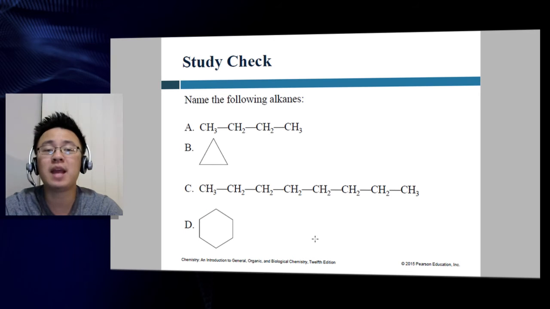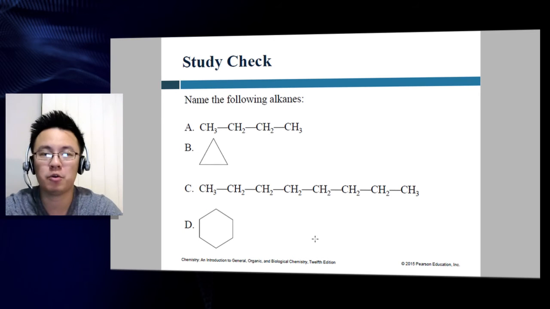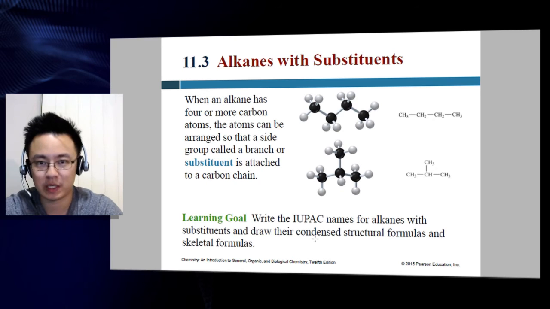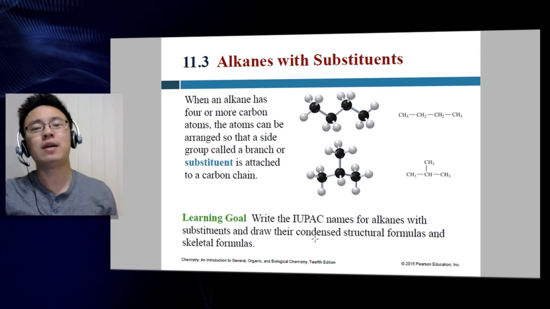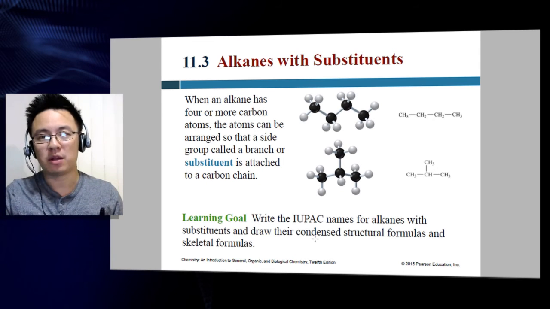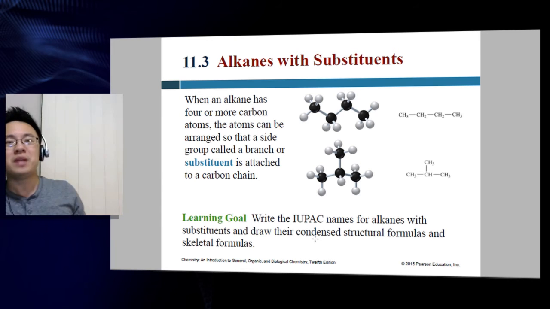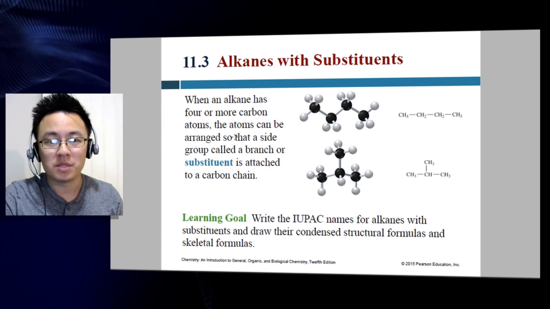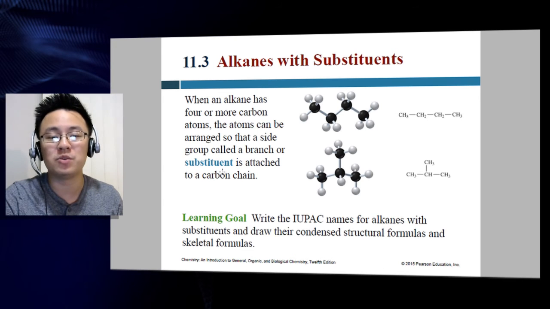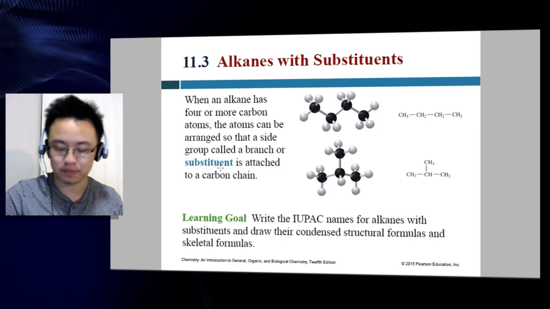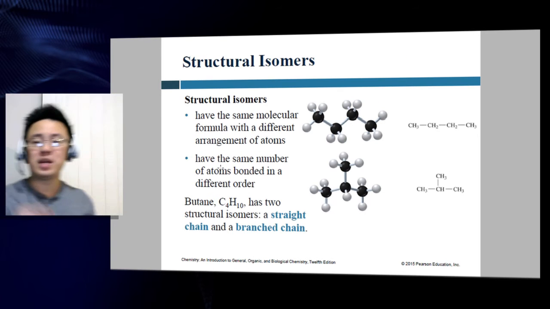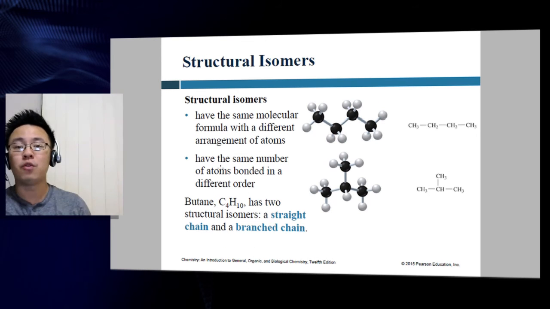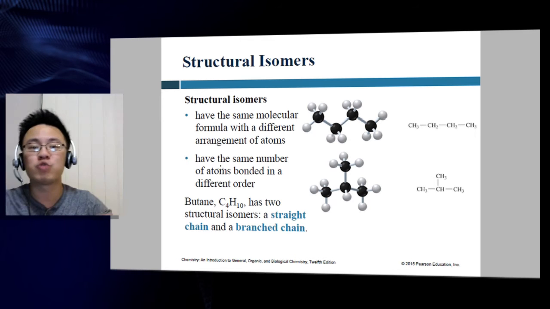You can go ahead and name the following compounds in your notebook or on your own, and the answers are given there. Now let's face it, these are very basic molecules, very boring molecules. What makes a molecule, especially an alkane, very interesting are the substituents or the groups that are attached to them. So a substituent, the atoms can be arranged so that a side group called a branch or substituent is attached to a carbon chain. And because this molecule is capable of forming that, they're known as structural isomers,